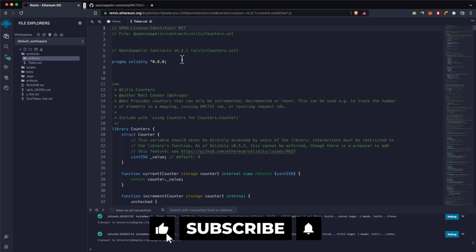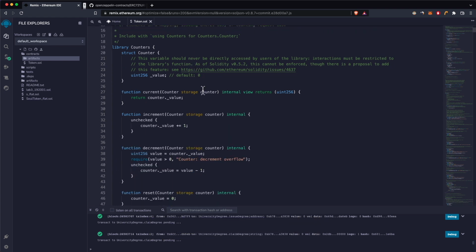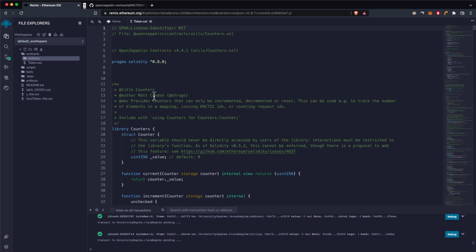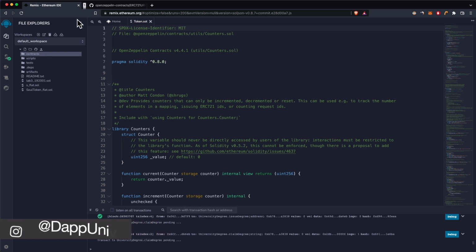And for this we'll use the Remix IDE. This is an online IDE that allows you to develop, compile, and deploy smart contracts to the local blockchain that is built into Remix, or we can use testnets. And testnets are the closest things we have to the real blockchain, meaning these actual testnets have nodes that run them. So you want to open Remix,